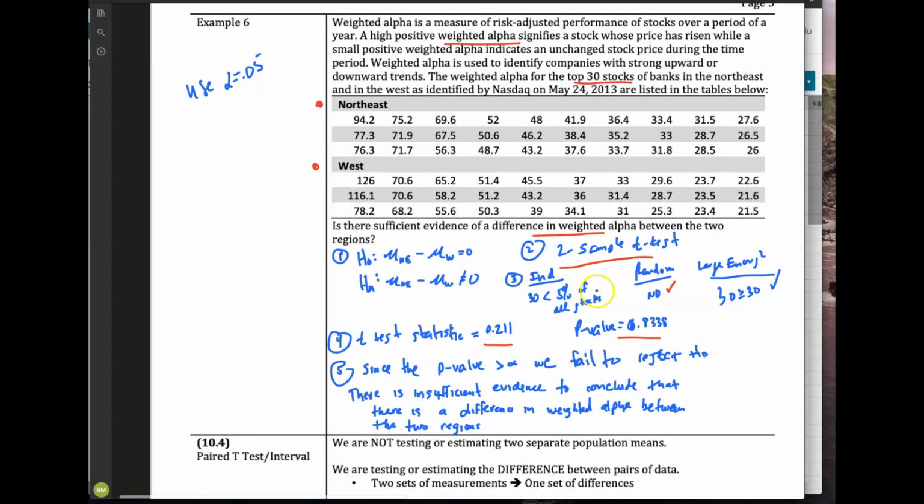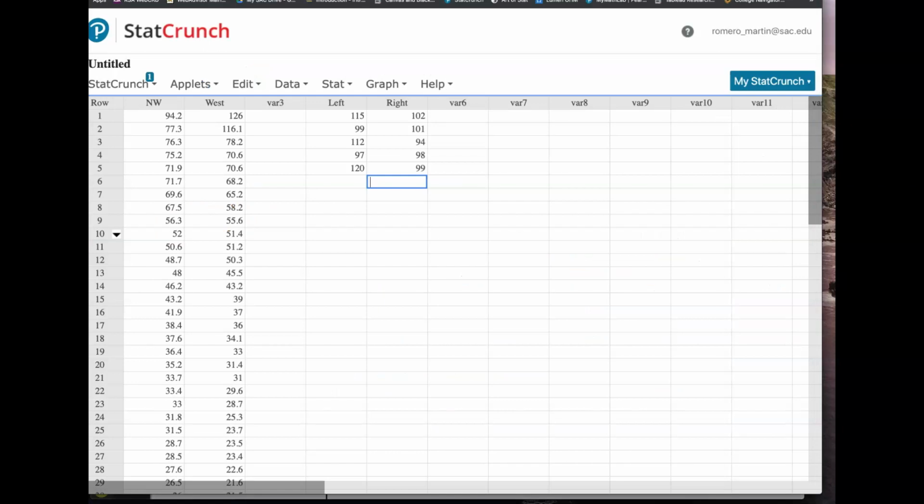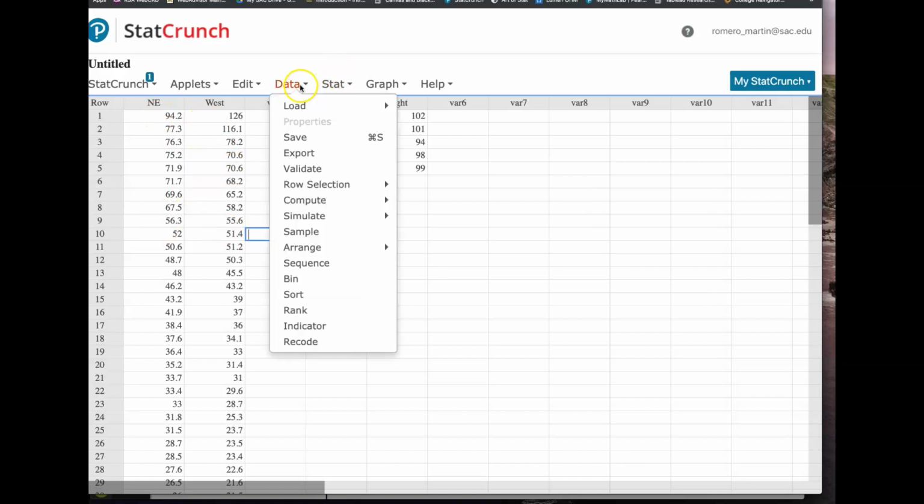We're not going to do that by hand, but notice in this case we have the actual raw data, all of the data. So that needs to be entered in, because we do not have the summary stats, no summary statistics, like in the previous examples we've had. So I've already entered in the data. It's actually Northeast. I've entered the data already. So what we're going to do is a